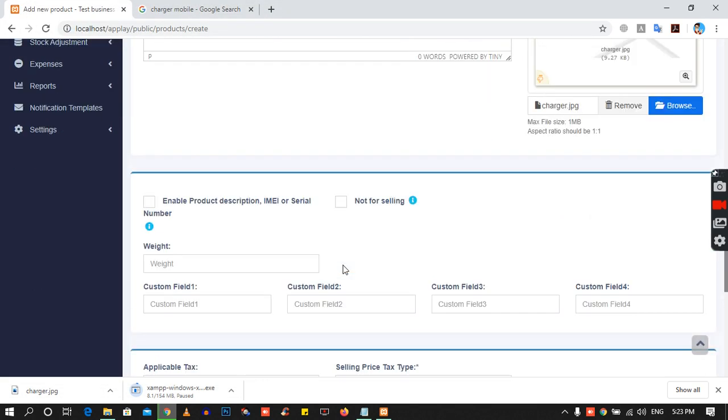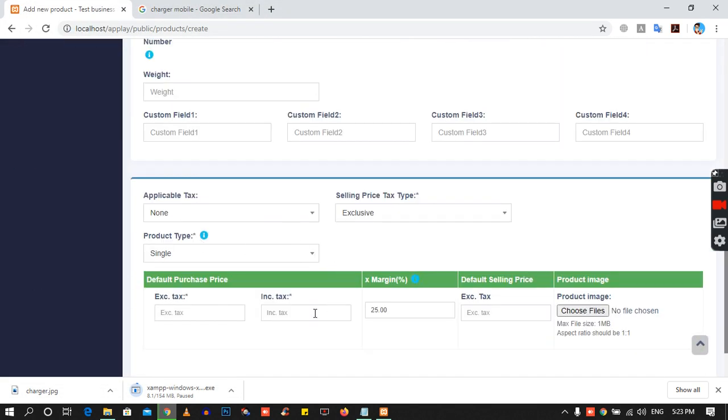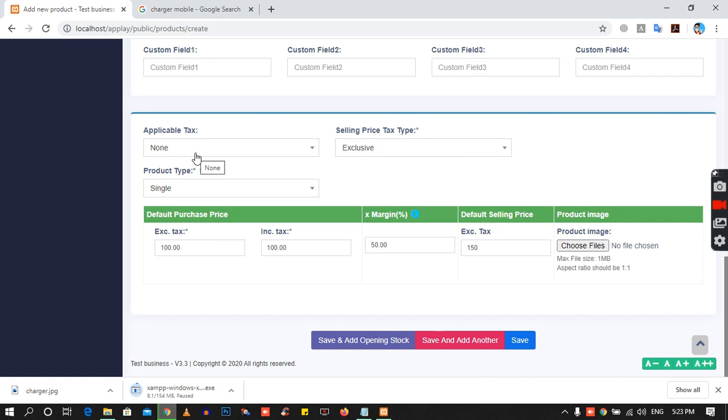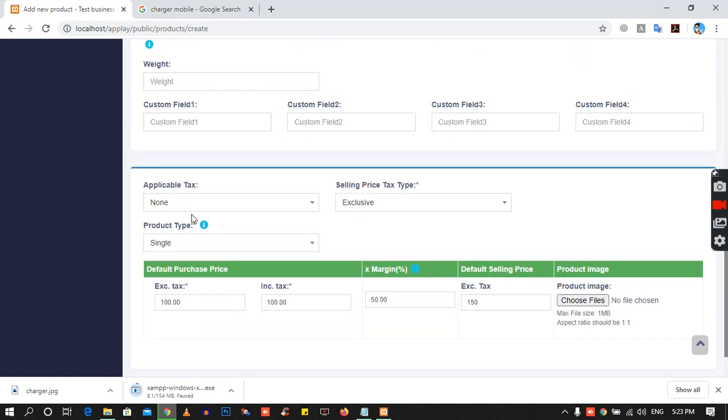We go down, and here we will put our purchase price. Like our purchase price is 100 and our sale price is 150, so there is a 50% profit margin. It's showing here. If we apply tax, we have to first add the tax, then we apply. If we don't have a tax, just leave it.